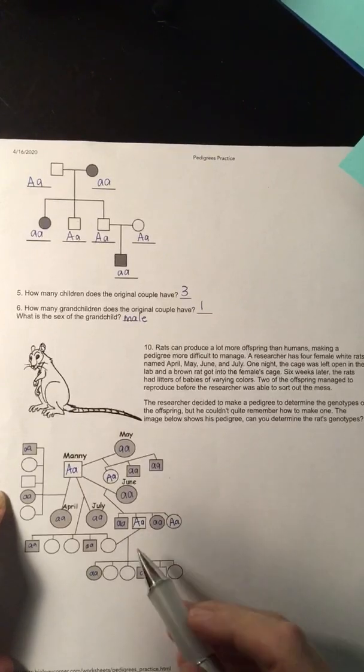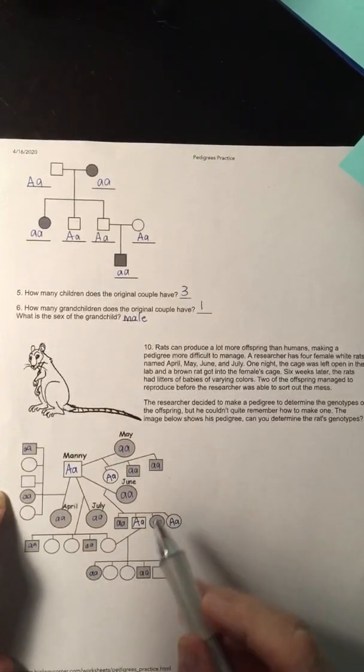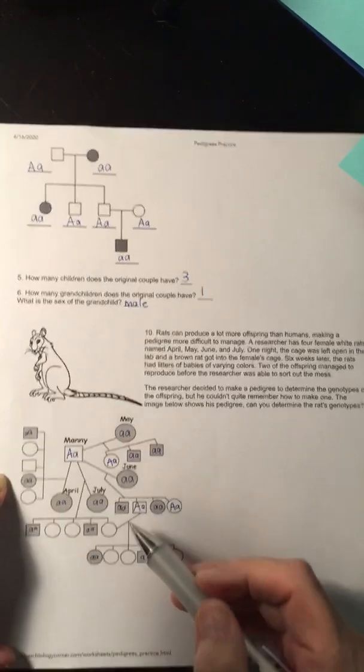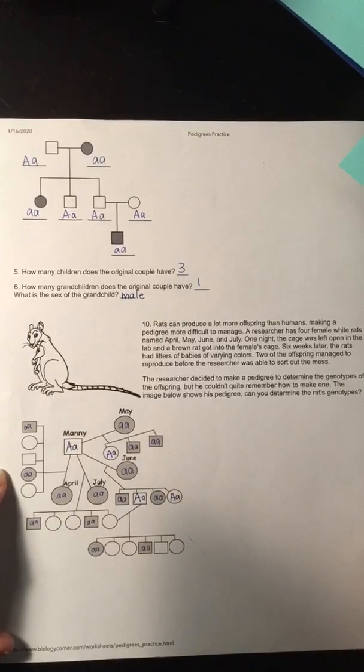But now let's not do this generation yet. We're going to wait on this third generation, as it said in the details before the researchers got it all figured out. These guys made babies with their cousins. But anyway,